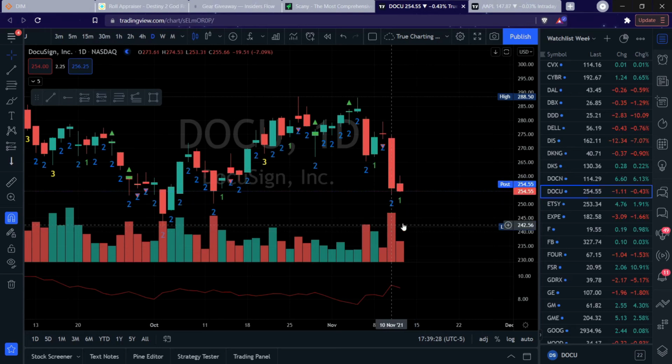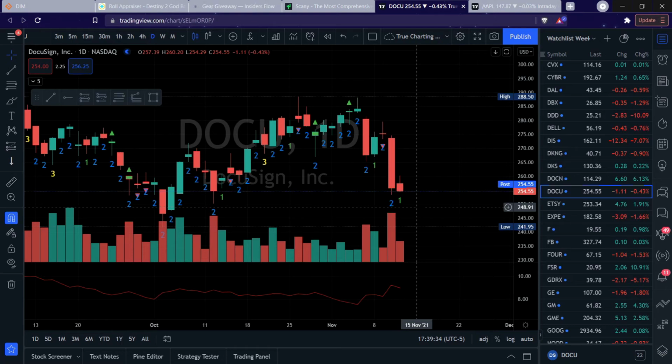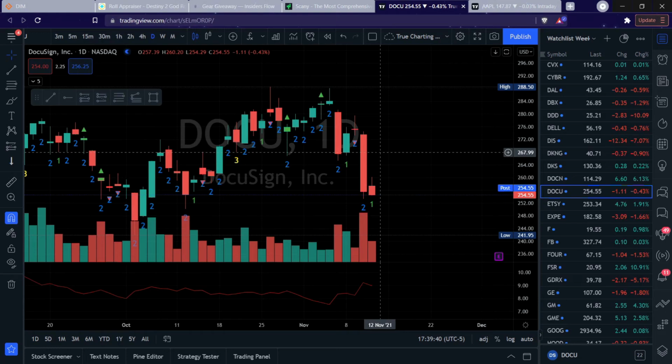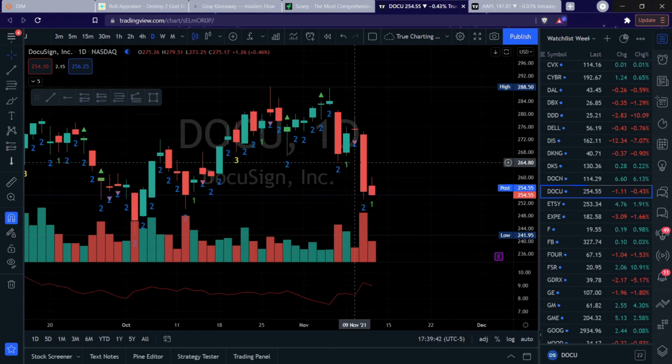Now you have an inside day. In our room, we're going to play that long or short. We're going to let the price action tell us what to do. You might get an outside day. We don't know, but I'm going to be scalping it as long as it closes above or below it. So if you're in this swing trade at the worst possible entry, which is 255.75 or 77,